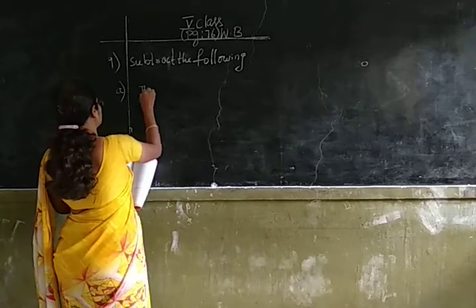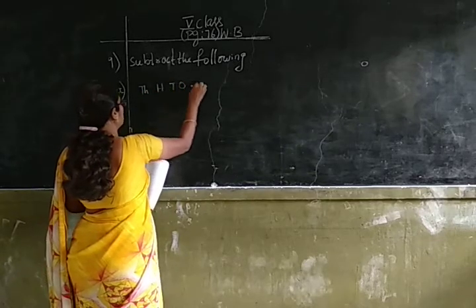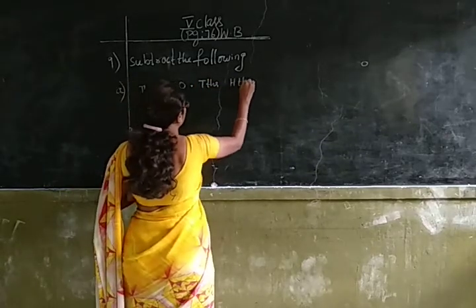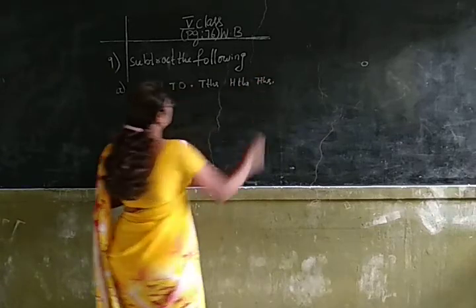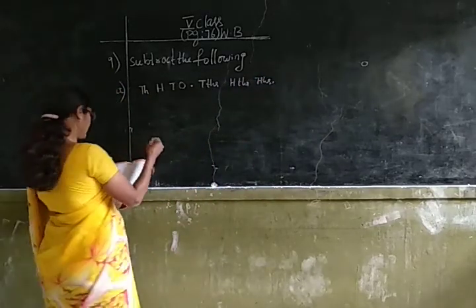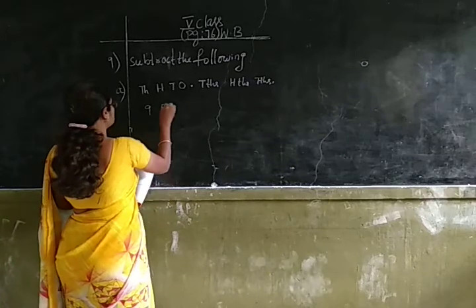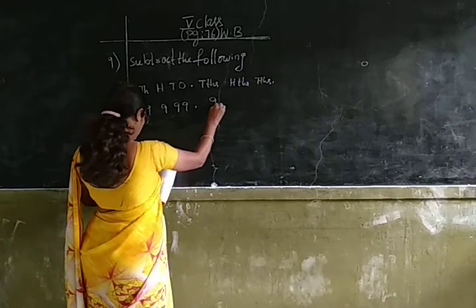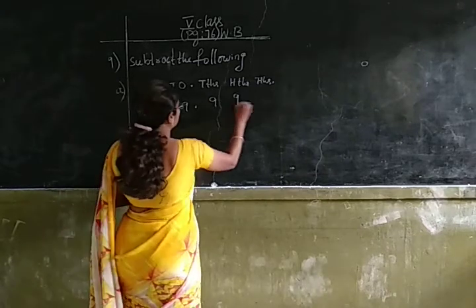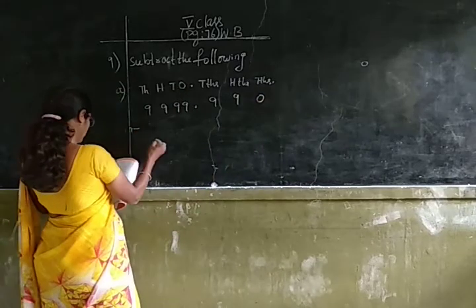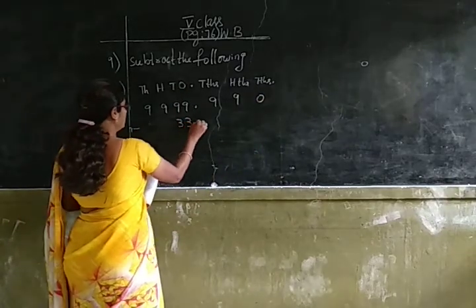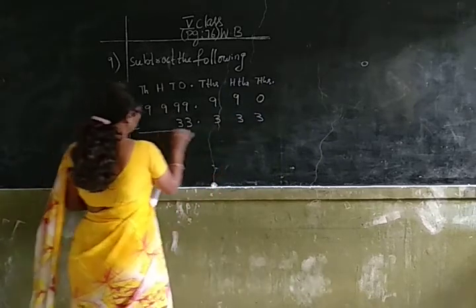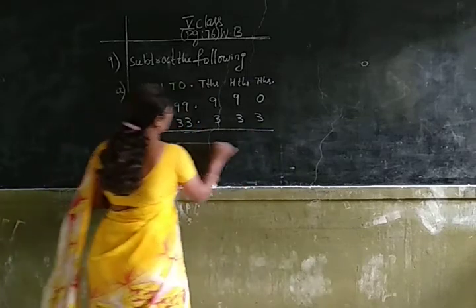First let us write down the places. Thousands, hundreds, tens, ones, tens, hundreds, thousands. Okay children, first let us write down the places and then arrange the numbers in columns. 9999.99 minus 33.333. Okay children, first you have to arrange the numbers in columns and check whether the decimal point is in